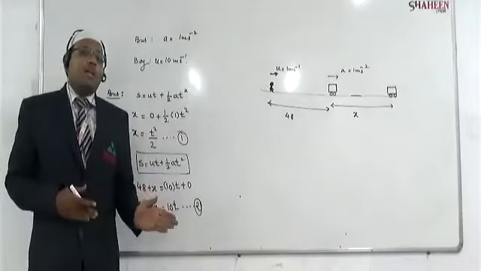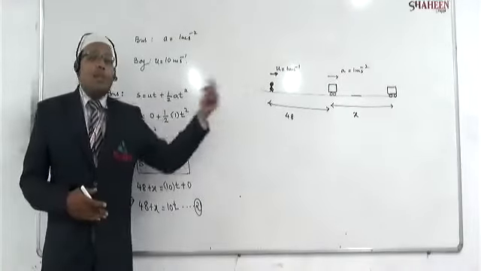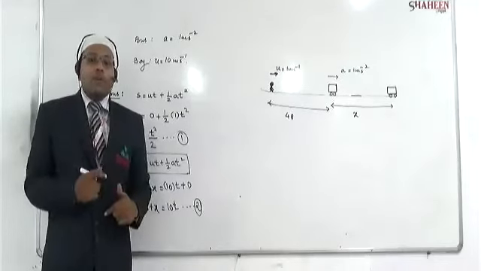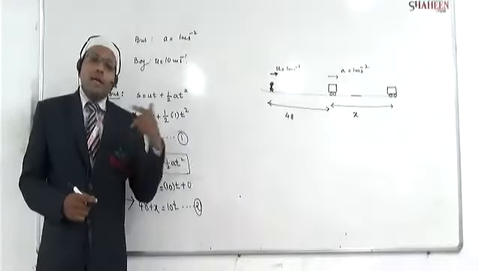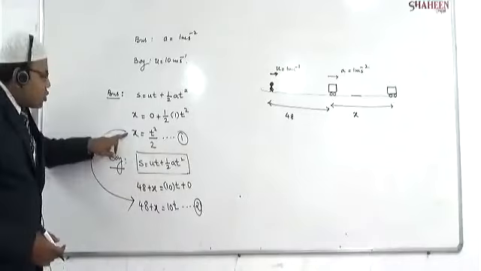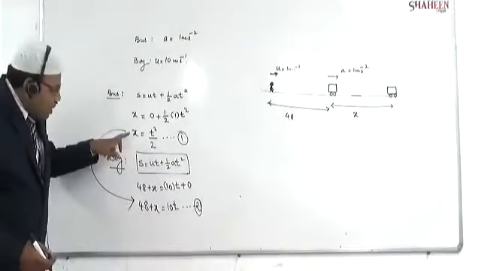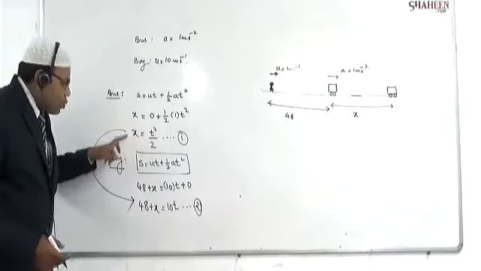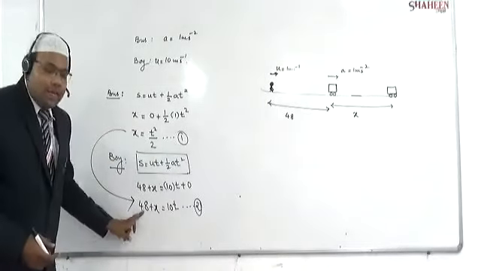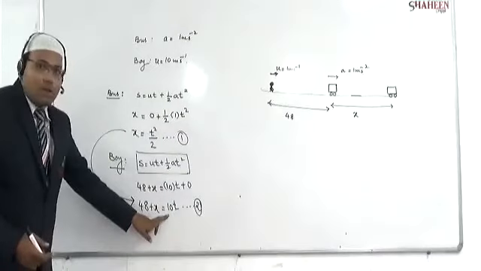If the distance were asked, that is, how far he goes before he catches the bus, that would be a different question, but he is not asking the distance, he is asking the time. So I have to eliminate distance. So x is t square by 2. Here also x is t square by 2. So I am substituting the value of x as t square by 2 here: 48 plus x is equal to 10t.